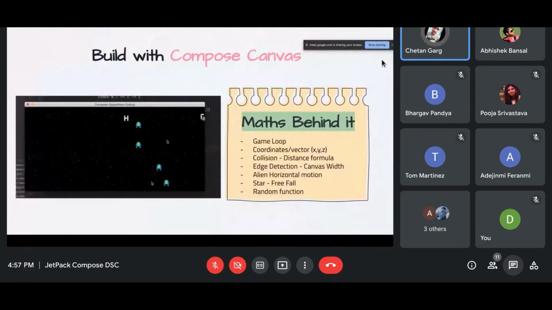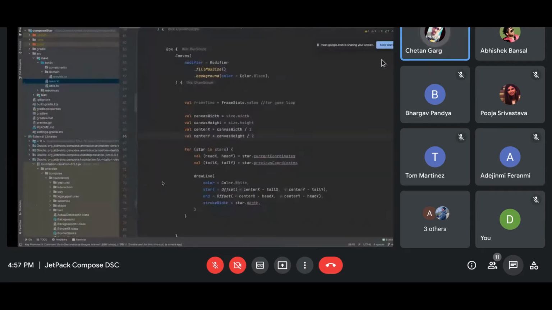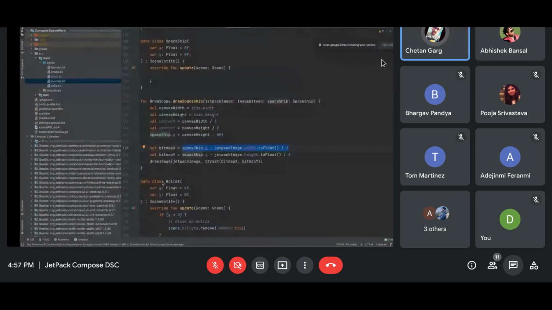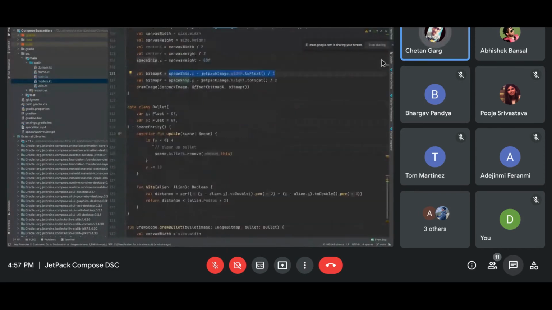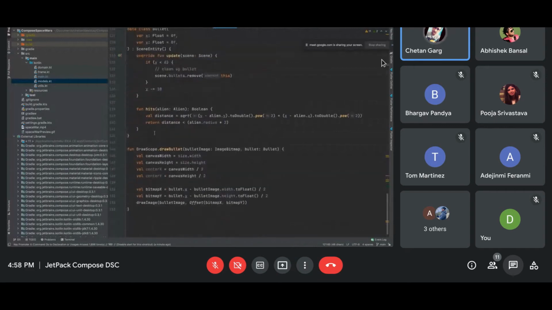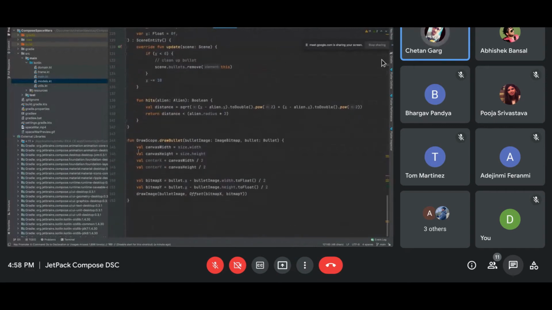Mouse X is the X of the spaceship. That's how the motion of the spaceship is managed. The bullet is exactly the same. In draw bullet, it's just a draw image, and again I'm using the bitmap, so I just subtract half the bullet's size from its XY so it aligns perfectly to the center.